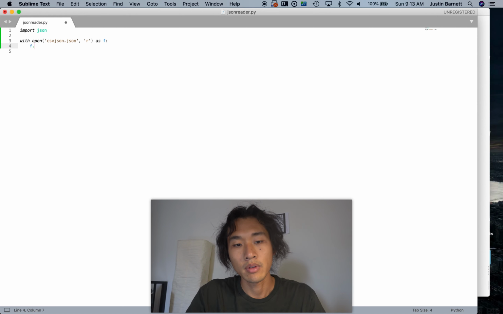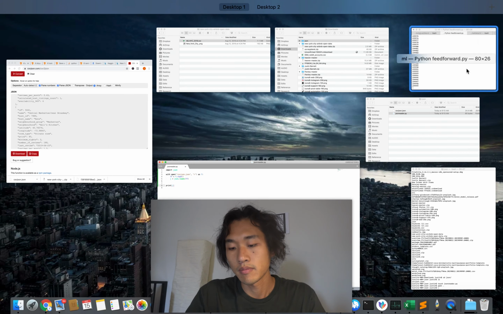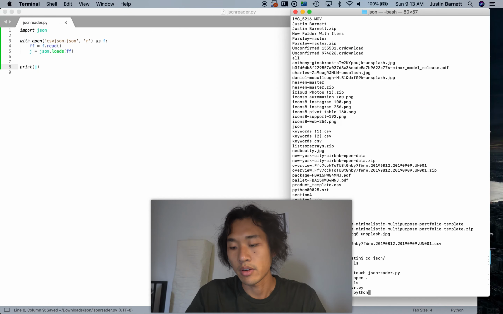So like in the course, we call f.read into the file. I just do this because it's a little easier for me. And then since it's read as a string, then we just read it into a json.loads, which basically means load string ff. And then after that, we can just print j, and then we should have the final JSON ready for us. So there's our JSON,